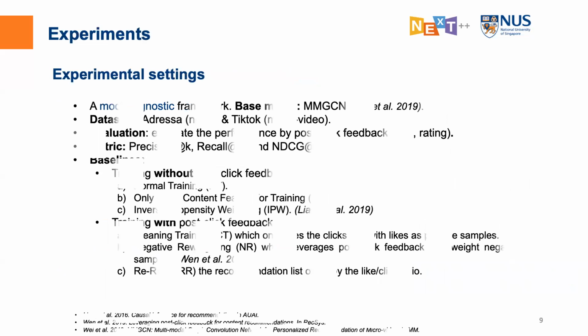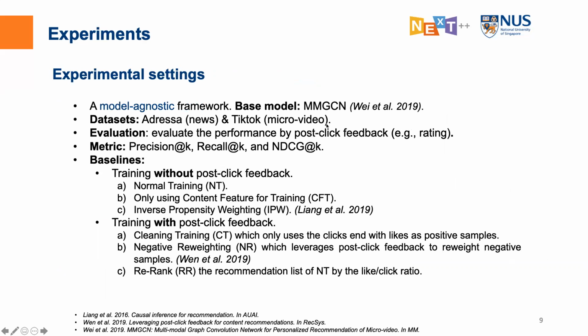Okay, thank you. Okay, so for the experiments, because this is a model agnostic framework, right? So we use the COZR at 2021. I guess for now it's not a serious thought anymore. I think MMJSON is a JSON-based multimedia recommender model. Yeah, and we use the news dataset and the micro video dataset. For the news dataset, exposure features are the title and the short description, maybe abstract, you can understand it as abstract. And the content feature is the news body, yeah.